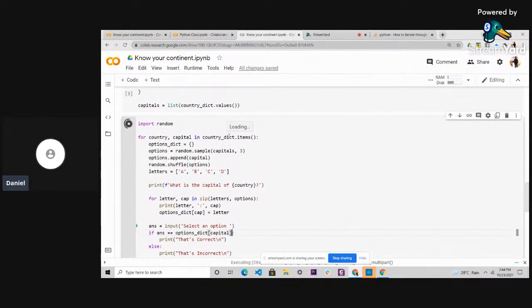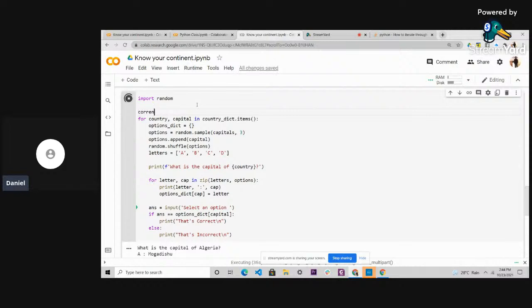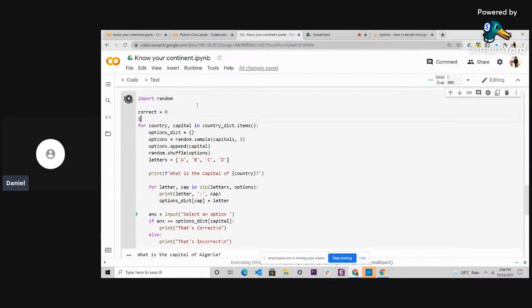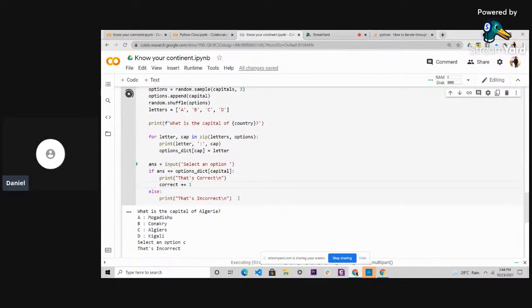Okay, but then we need a way to count how many correct answers and incorrect answers the person gets. So we could just make correct equal to 0, incorrect equal to 0. If the person gets the answer correct, add 1 to correct, else add 1 to incorrect. And at the end of the loop, once the game is over,